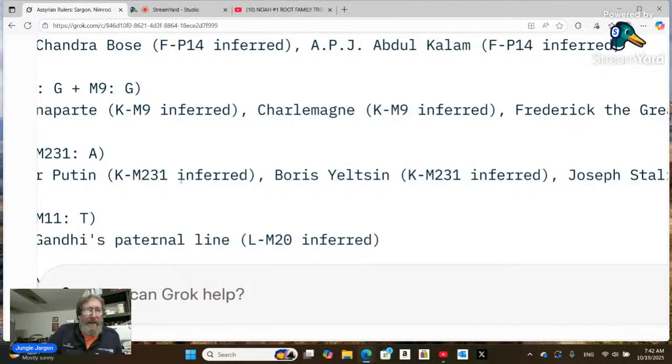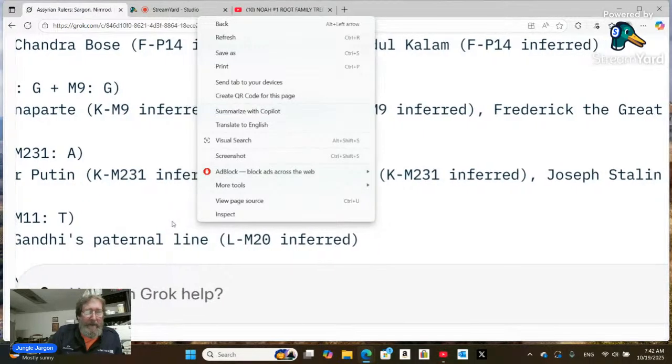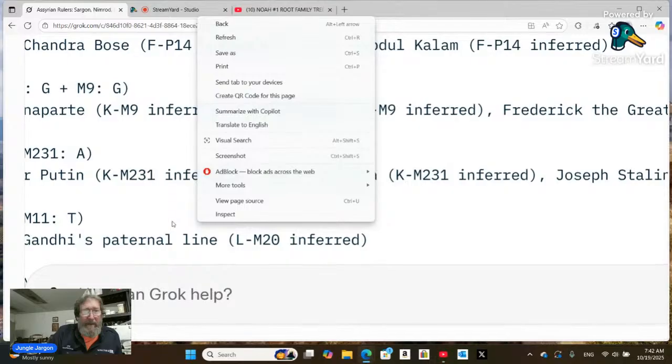So, and then we got Gandhi. Paternal line is LM20 inferred. But didn't we just see Mahatma Gandhi as somebody else? So I told Grok that he can't be two different lineages, but